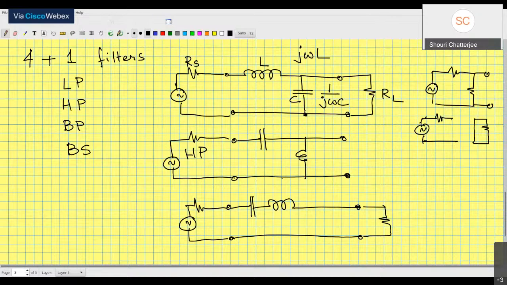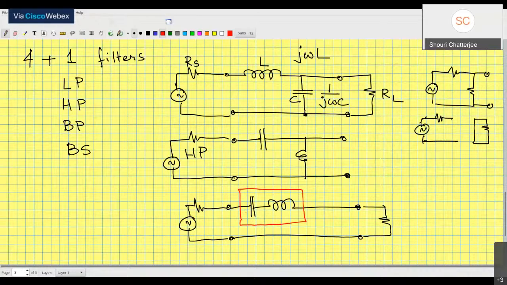At high frequencies, the inductor is an open circuit, so nothing will pass through. But there will be some frequency in between where the combined impedance of L and C is 0. At that frequency, that resonance frequency, everything will pass through, and this is going to be a band pass filter,